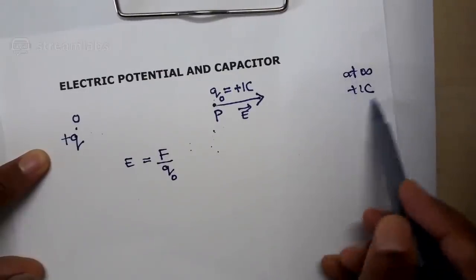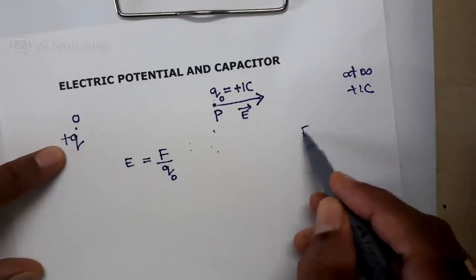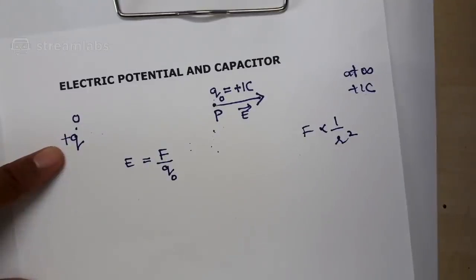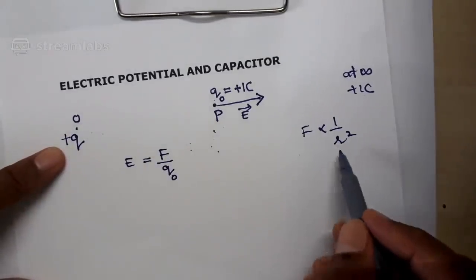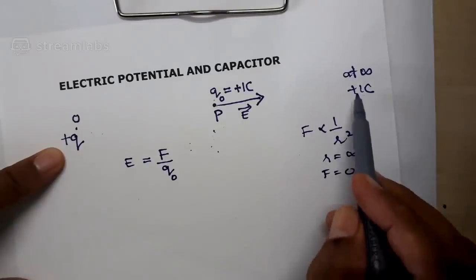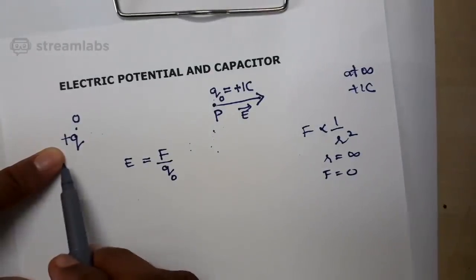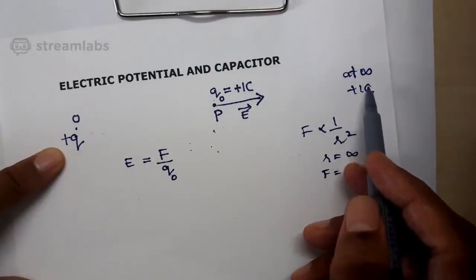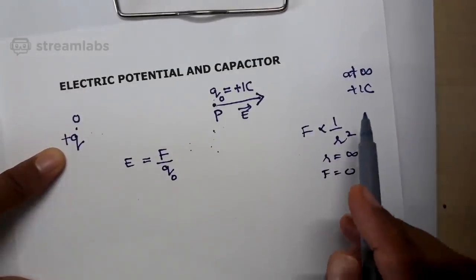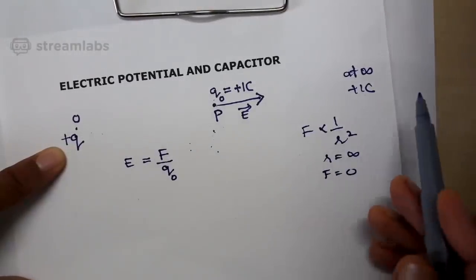Now, what is the idea behind saying that the plus 1 coulomb charge is at infinite distance away from the plus q charge? The electrostatic force is inversely proportional to the square of the distance between the charges. If I say that r is infinity, don't you think that mathematically F will be 0? That is why I said, theoretically you assume that the plus 1 coulomb charge is at infinite distance away. But because of practical difficulties, we don't know where infinity is. So what you can assume is that the plus 1 coulomb charge is a very large distance away, so that the force on it due to the plus q charge is nearly equal to 0.